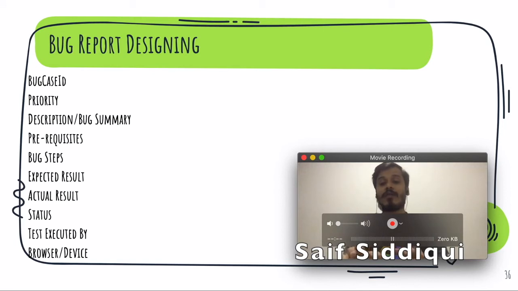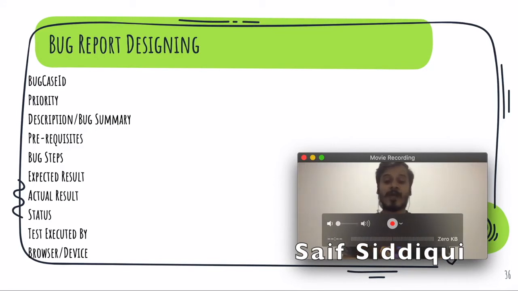Basically we are doing so that if any bug is a high priority bug, we can resolve it as early as possible as per the service level agreement that we have in the project, and it will help for quick resolution. So if any bug is of low priority, maybe we can just put them in the backlog and we can fix it later, maybe in any other version of the application. But if it is of high priority, we need to fix it as soon as possible.